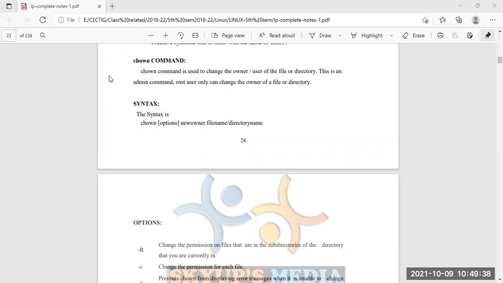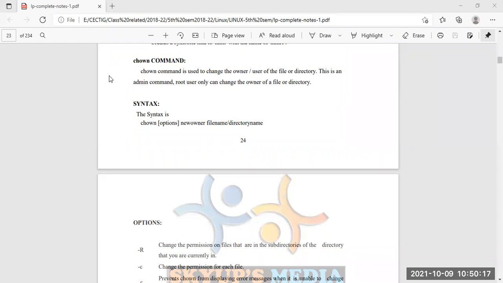Why system related? Because by using this particular command CHOWN, we can change the authority of the user of a given directory or a file. Means we are changing the authorized person of a file and directory. So that's why we can say it is a system related command. Changing the file or directory permission or authorization, who is an authorized person, that can be handled by the system side. So this is a system command.